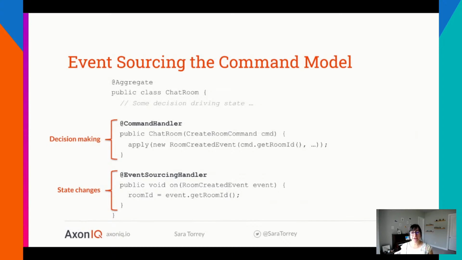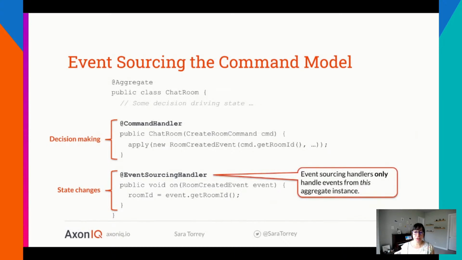So within our aggregate, you will achieve a clear separation of concerns. Command handlers are there to derive the decision-making logic and publish an event to note the decision as being fact. The event sourcing handlers, in turn, are there to adjust the state of the aggregate.